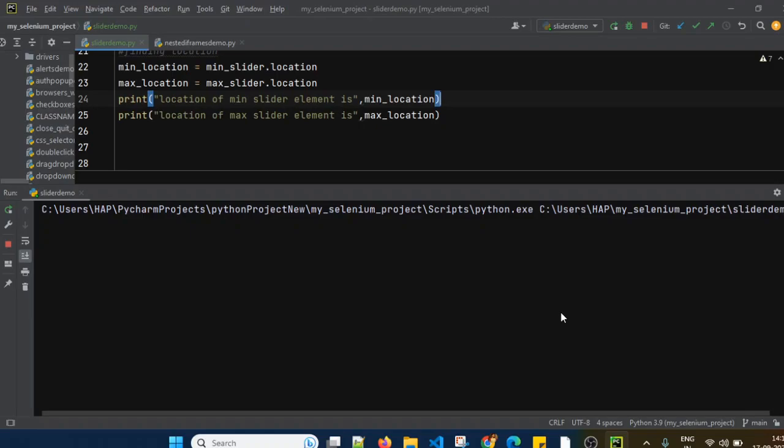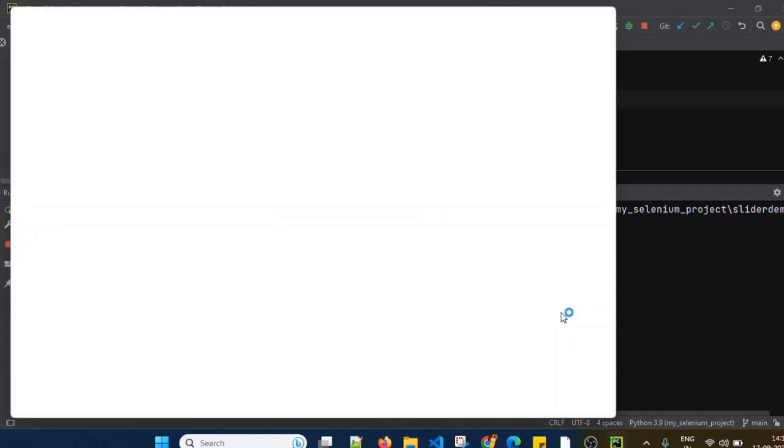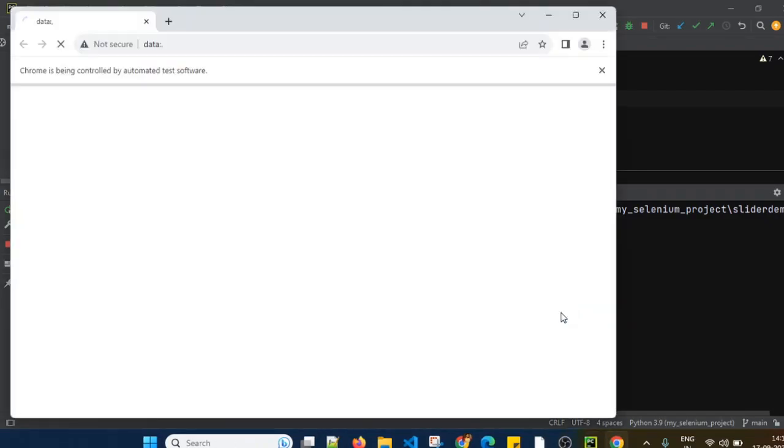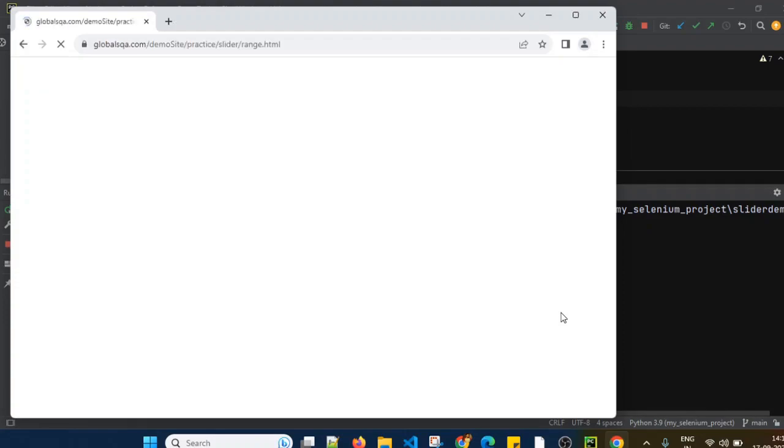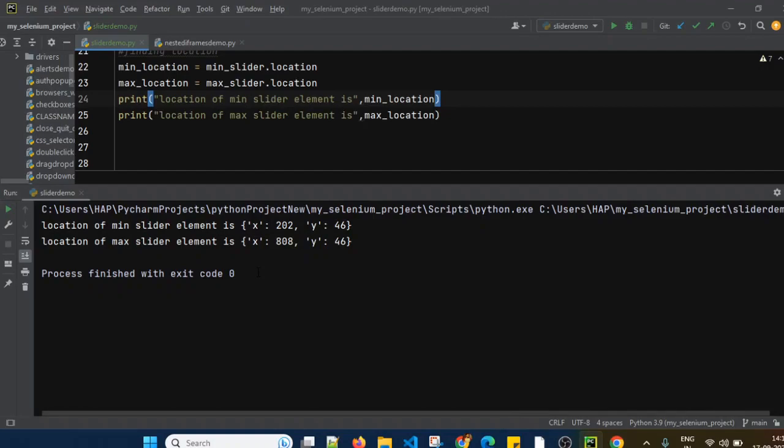So when we execute this file, it will launch the web browser. It will maximize the window, and then it will open that web page. And let's see on the console whether it has printed the location or not.